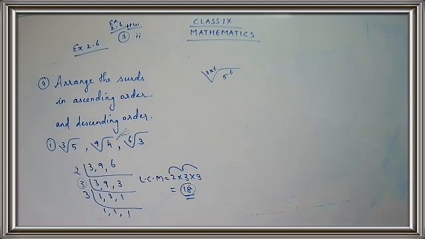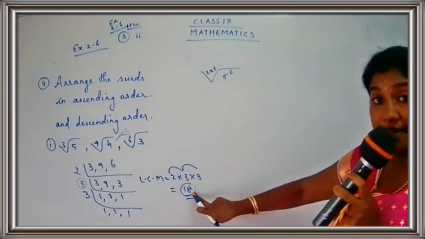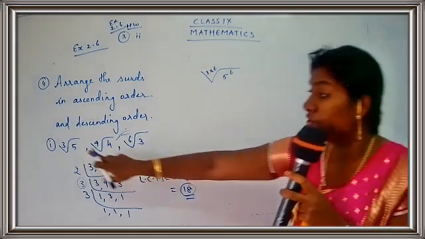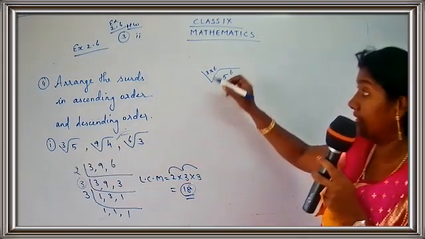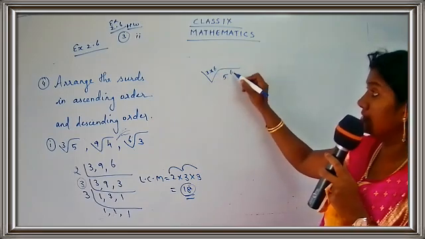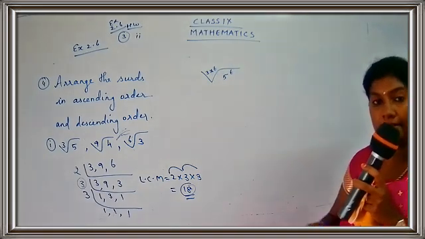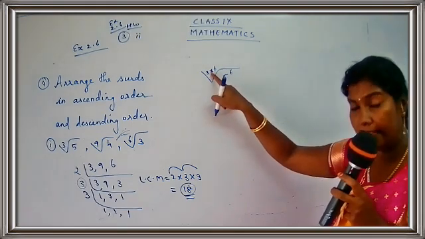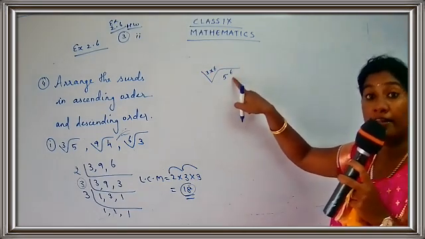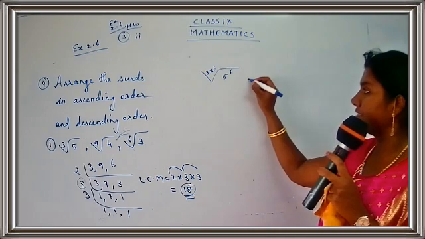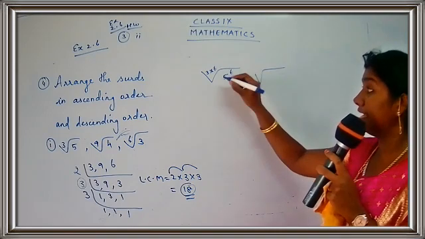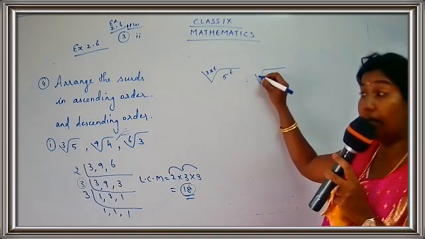Are you clear with the steps, children? See, what is the LCM here? 18. So I want 18 here. So here the number is 3, so I have to multiply by 6. When you multiply by 6, you have to take the power as 6. Whatever number you are multiplying by turns out to be the power in the radicand. So you get the root, and in place of the index, you are going to put now 18.